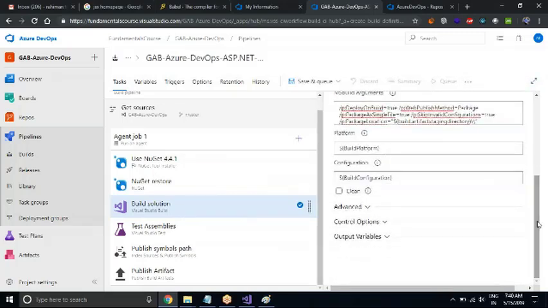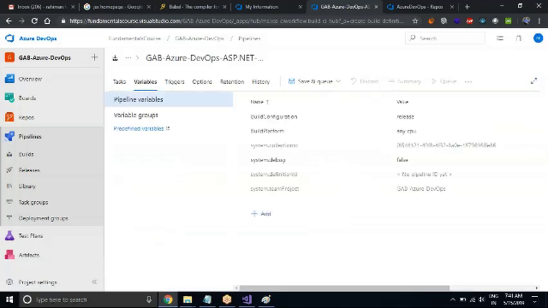Moving on. What is the platform which I want to deploy my code on? It is the build platform. That's the default variable. I'll just use that default variable. If at all I go to variables, what is build platform? It is,